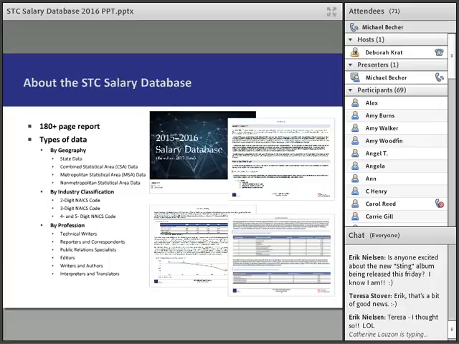A lot of it is by kind of top 10, bottom 10 type of scenarios. So you can see the top 10 states in terms of employment, the bottom 10 states in terms of employment, top 10 industries, bottom 10 industries, just so you can kind of hone in a little bit on the data. A lot of times it becomes overwhelming when you see so many numbers and data tables that we try to make it as easy as possible for you to use the information in a really good manner.